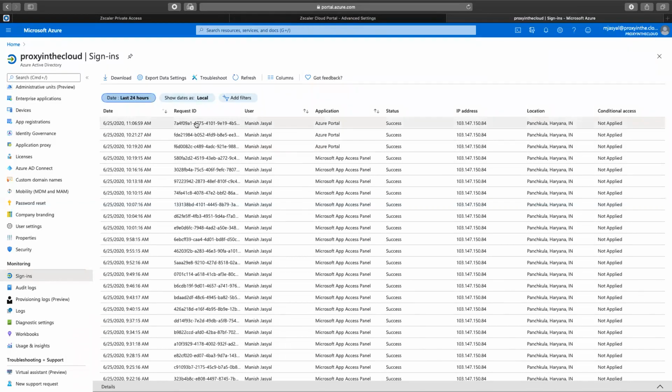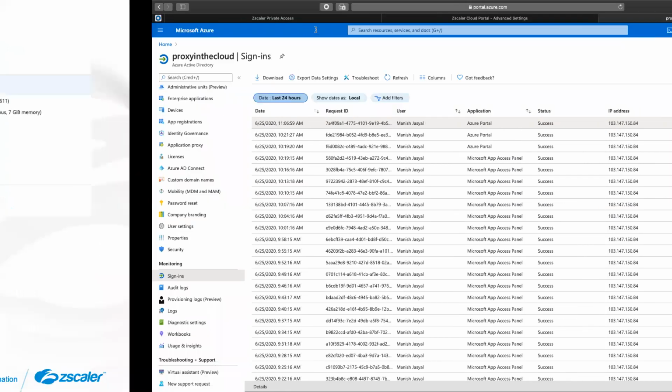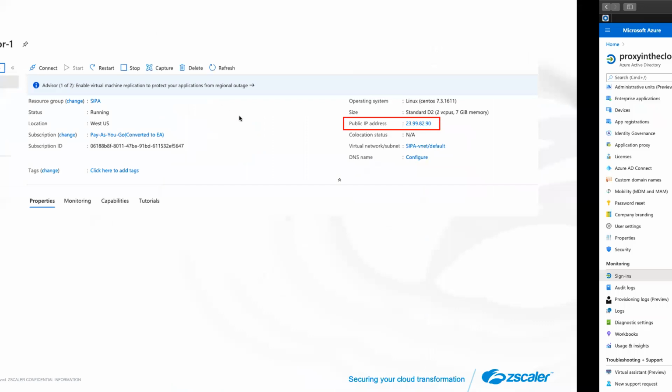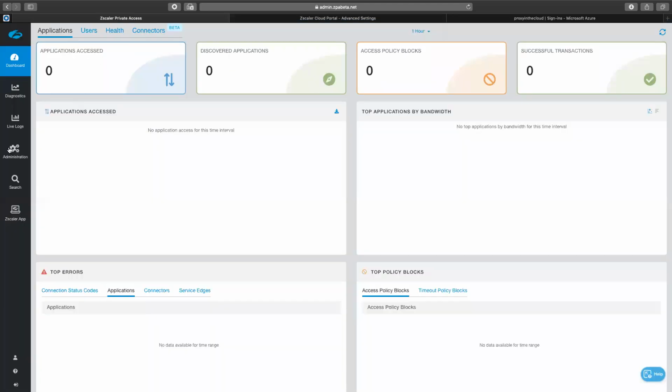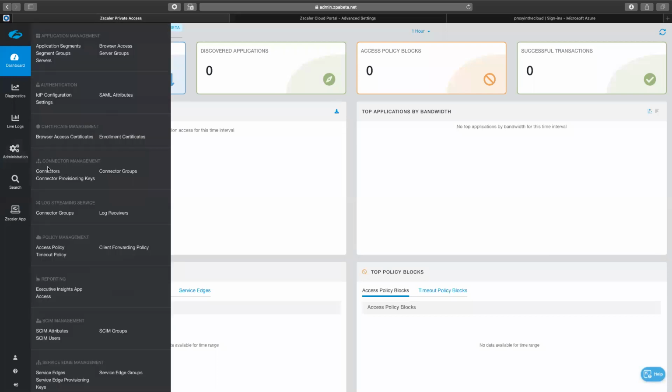And then we can come back and look at the sign-in log and look at the IP address and confirm that it actually took the connector IP address. So while we're waiting for that, let me show you the configuration. On the Zscaler Private Access side, what I'm doing is I have a connector,